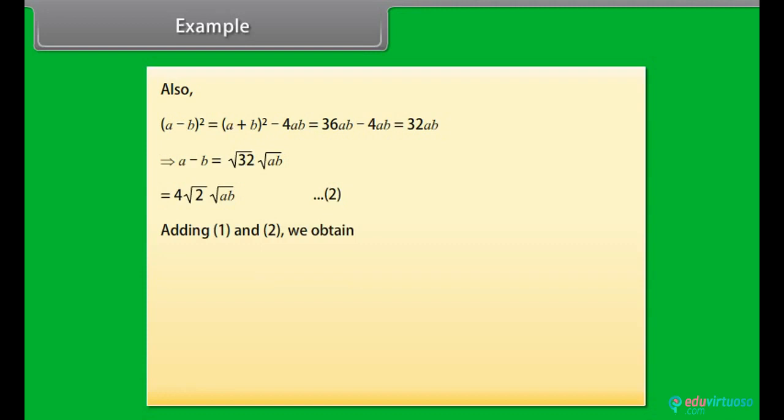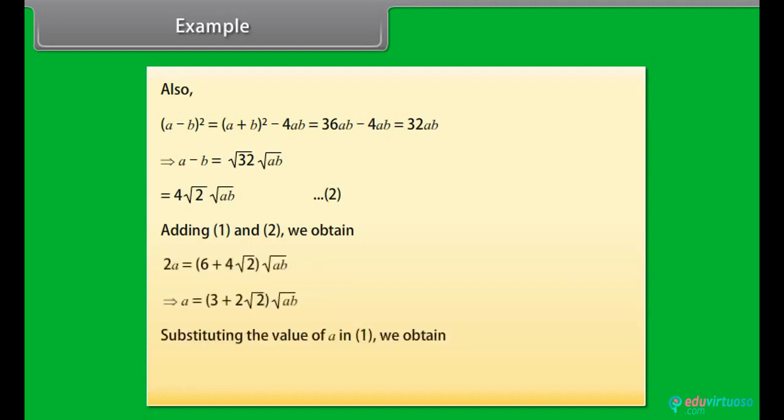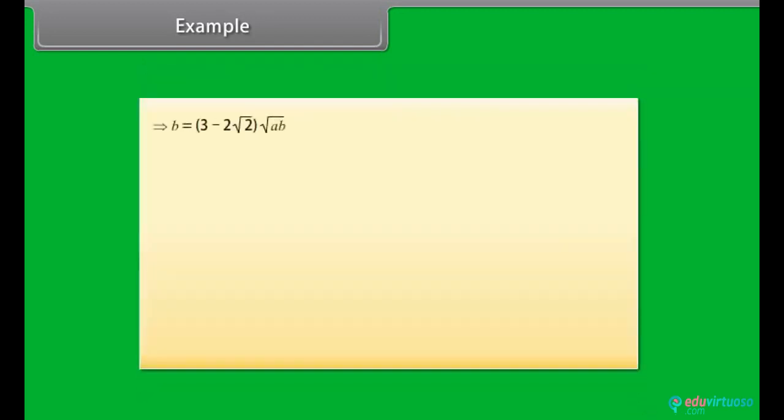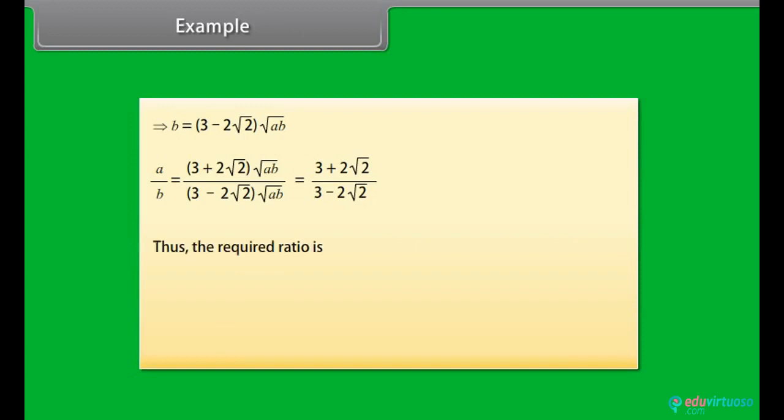Adding 1 and 2 we obtain, substituting the value of a in equation 1, we obtain a by b is equal to 3 plus 2 root 2 divided by 3 minus 2 root 2. Thus, the required ratio is